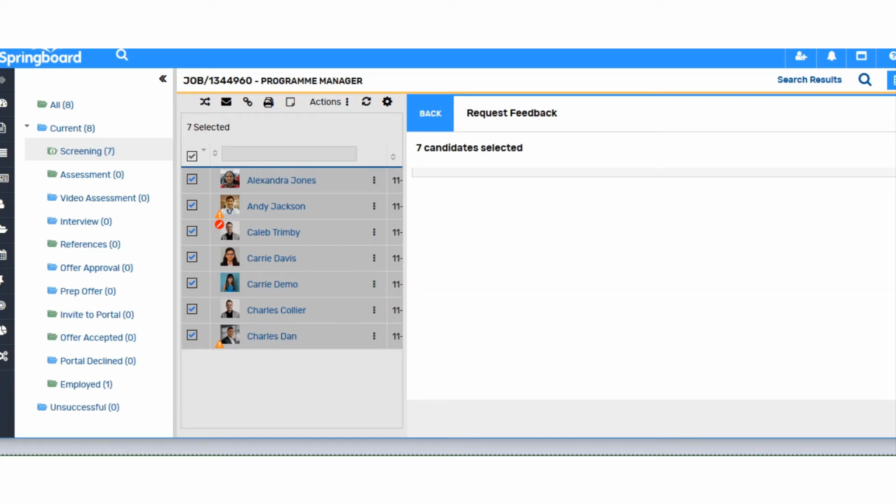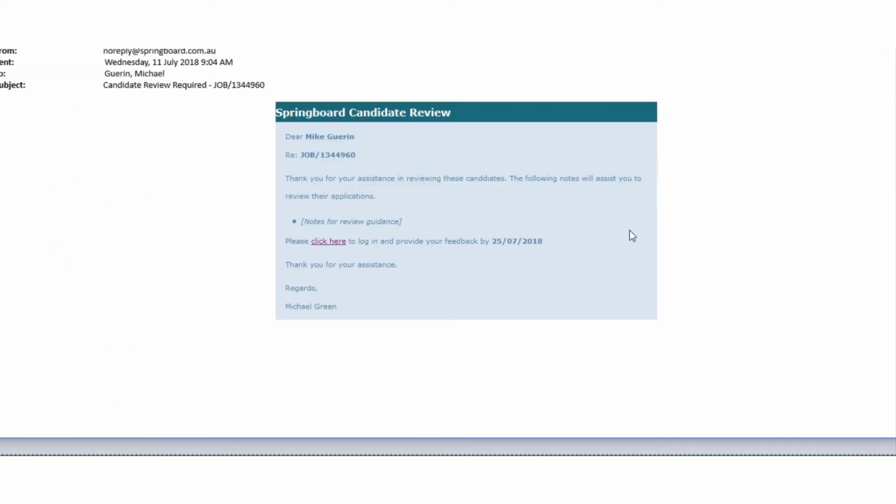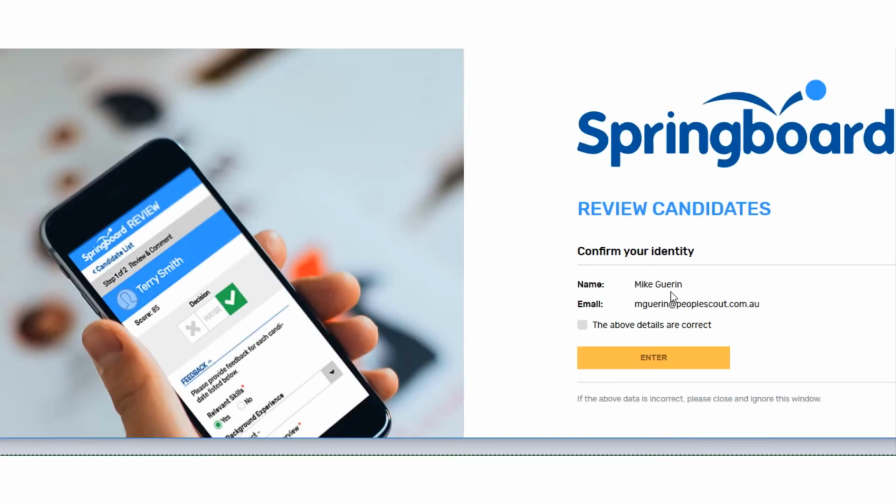So when we click on finish, this will actually generate an email to the hiring manager or those that you've entered in the panel. And on that email, they'll have a link, as we can see here. Again, this email is configurable by client. You can add your own content in here. And obviously, it will show any of those notes for guidance that we would have entered on step 3 of the feedback wizard. So when we click on the link here, this brings us into our request feedback wizard, where